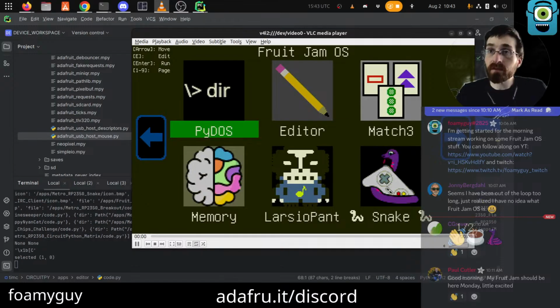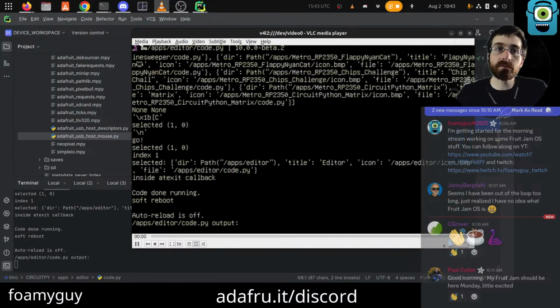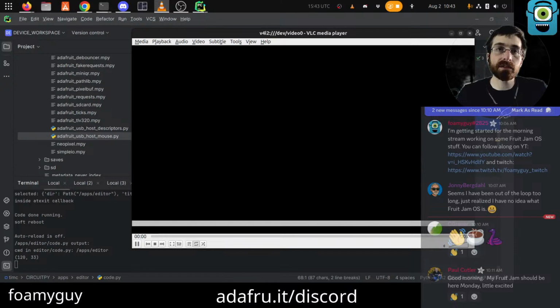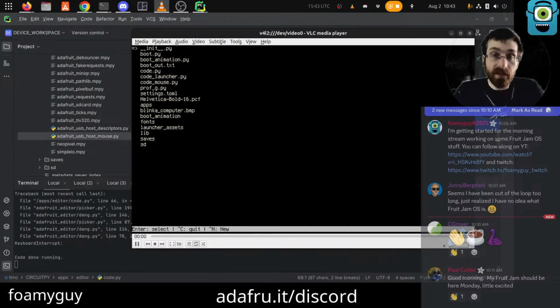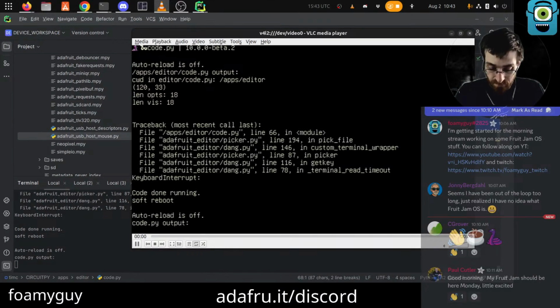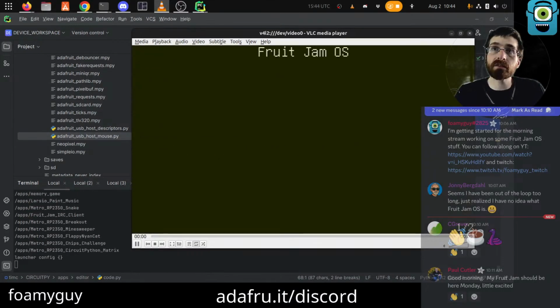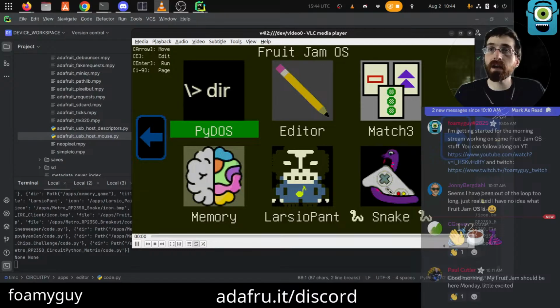Let me launch editor. I wonder what was up with that one where it said that it couldn't find. But it does not do that if you just launch the editor by itself. So every other time I launched it, I was always doing E on one of the apps to edit that app's code file. This time I just went to the editor and launched it as a standalone, and then it lets you choose your file or create a new file.